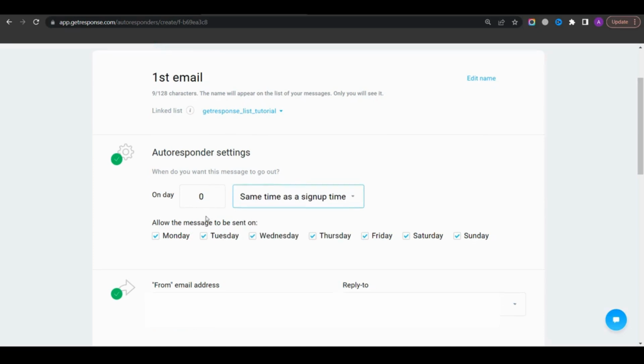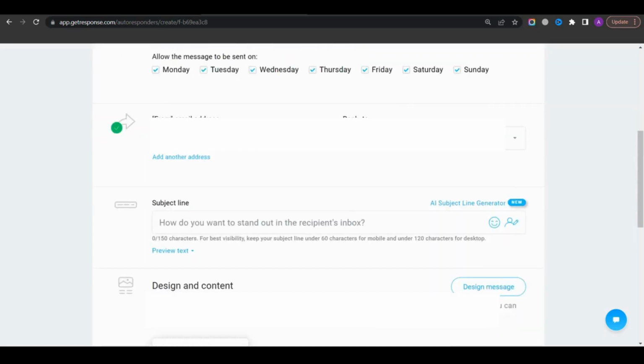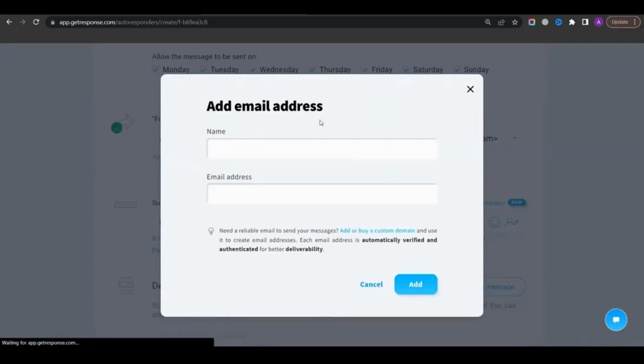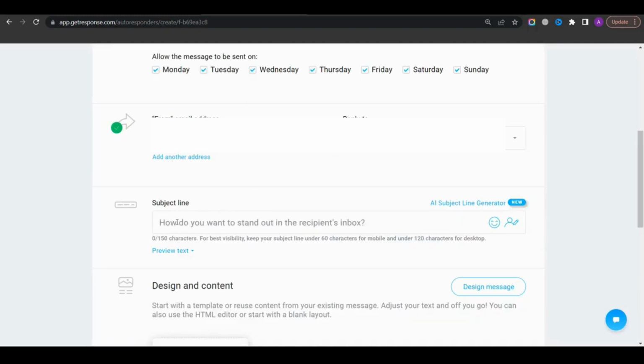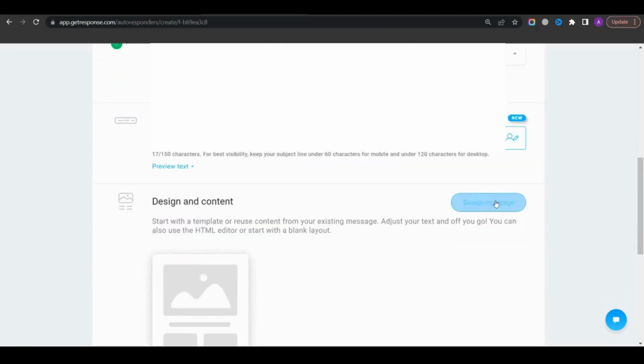And this is your email address that you'll be sending emails from. If you want to change it, you can click on add another email address to fill out these details here. And here you want to enter your email subject line. So I'm going to write something like email subject line 1, and then you want to click on design message,